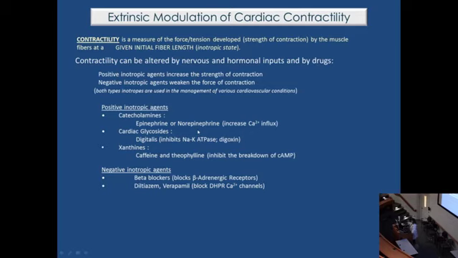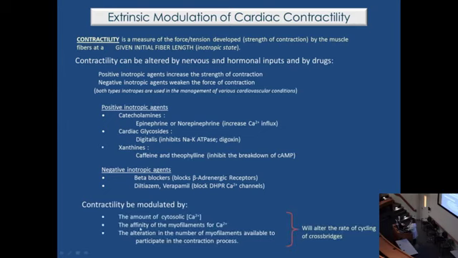At the end, the final action is the same for the positive or the negative agents, but they can achieve that through different mechanisms. I will show you some examples in the next slides, but contractility at the end can be modulated by affecting or altering the amount of